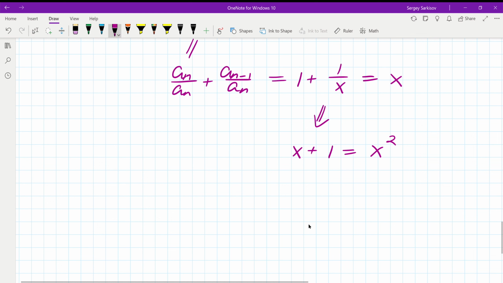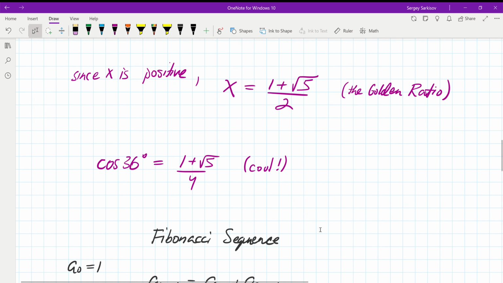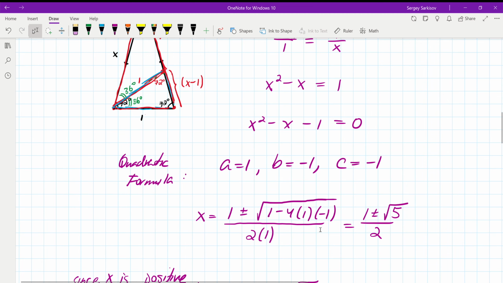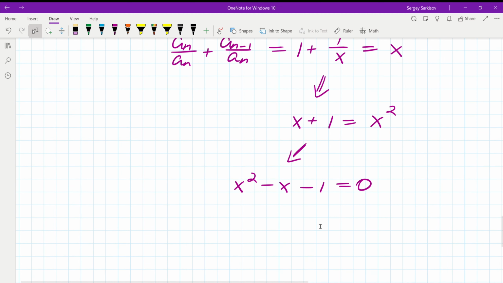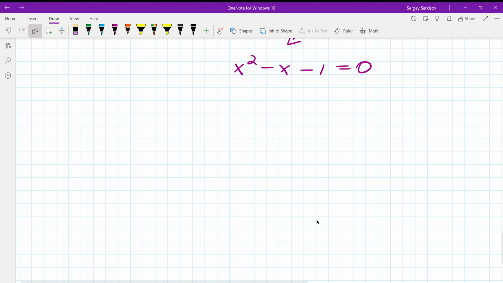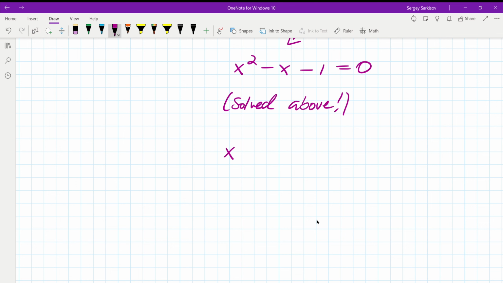So we have x squared minus x minus 1 equals 0, which we have just solved above, everyone. And we have gotten, for another problem, x is equal to 1 plus root 5 over 2, the golden